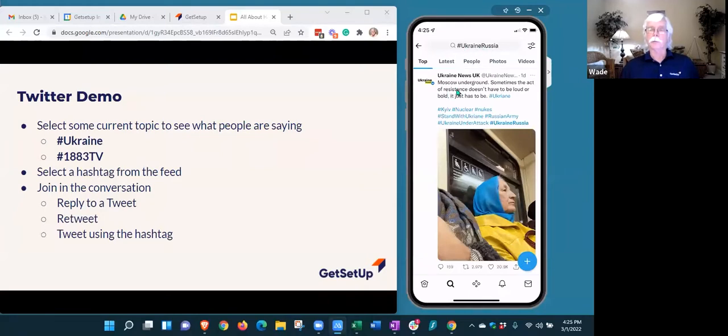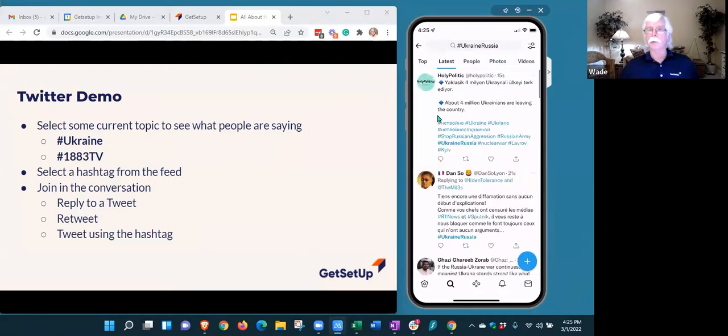And so these are all posts. Now Twitter, again, does a lot more grouping and categorizing than some of the other sites. It shows you the top post, and by top, it typically means the most popular. But if I wanted to find out what is the actual latest thing going on, I can go here and it'll show me this was posted 15 seconds ago. This was posted 21 seconds ago. So if you want to see literally what's just happening, you can go there.